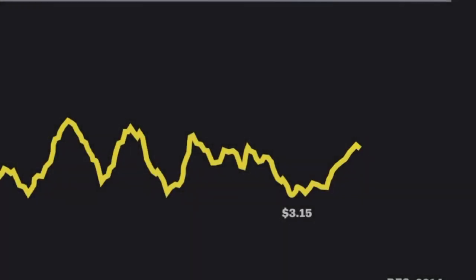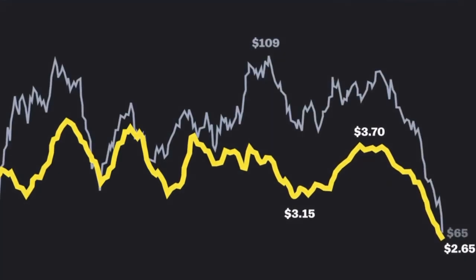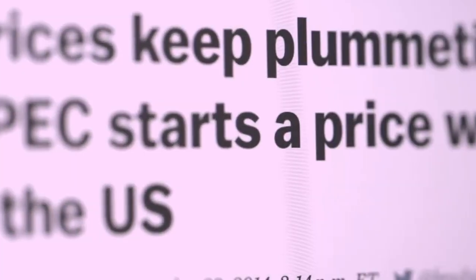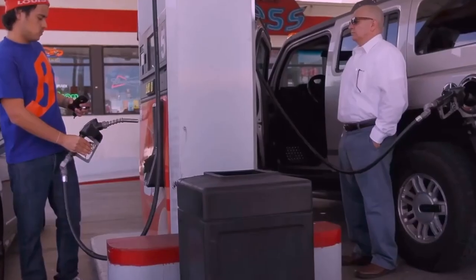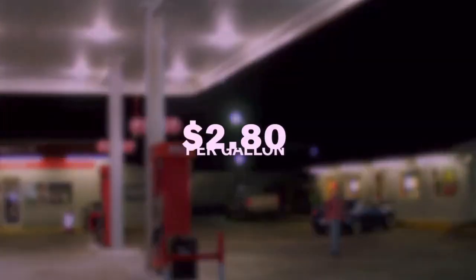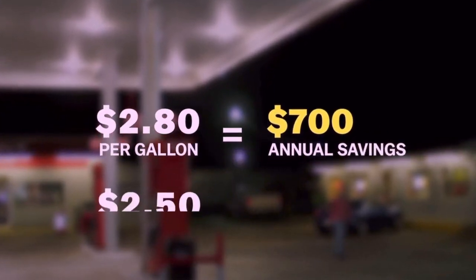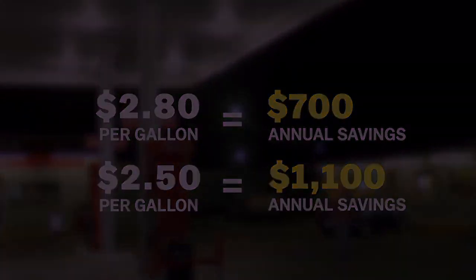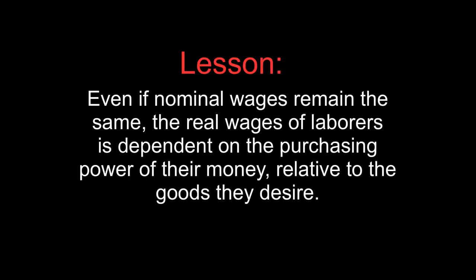As the prices of consumer goods come down, each worker is now immediately able to acquire more consumer goods. Although workers are paid the same amount of wages, or in other words, their nominal wages remain the same, they are able to acquire a greater quantity of consumer goods and services. This means that their real wages have gone up. To put it simply, a fall in consumer prices causes the real wages of workers to go up, even though their nominal wages remain the same.